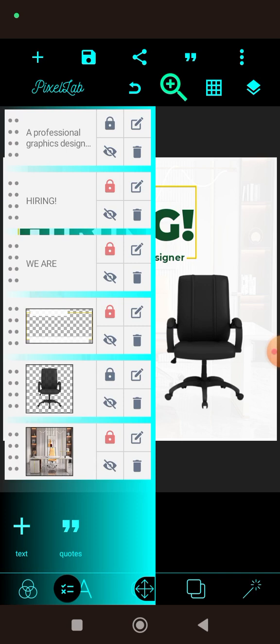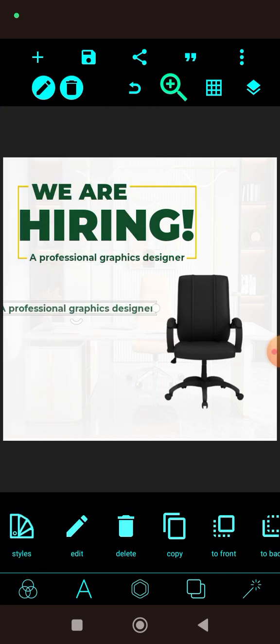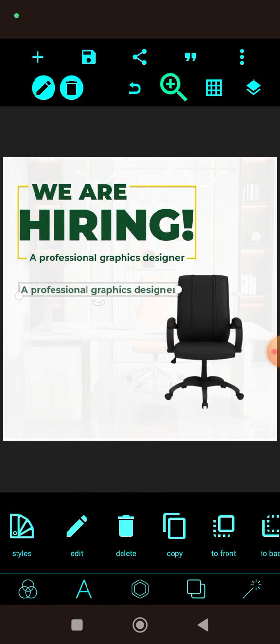A professional graphic designer. So instead of writing another thing or picking another text, you can just click on it and copy it. Then go back and go and unlock it back. Then you can edit this one, a professional basic requirement. Let me just write